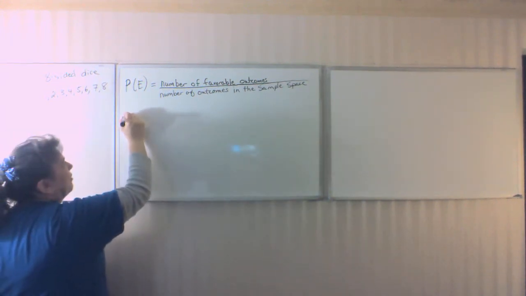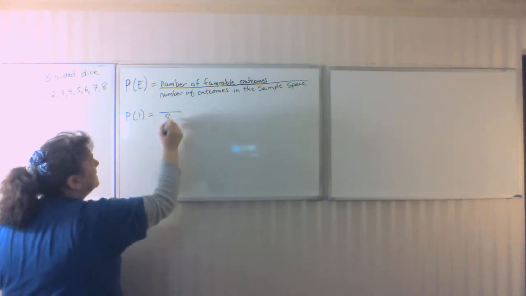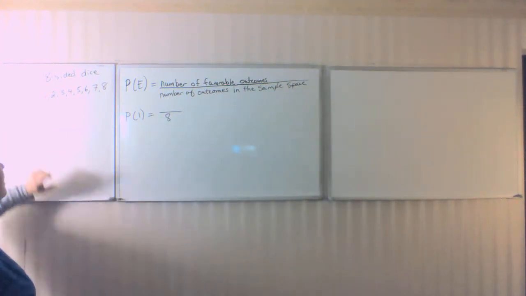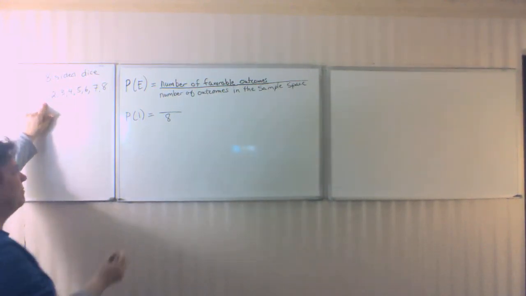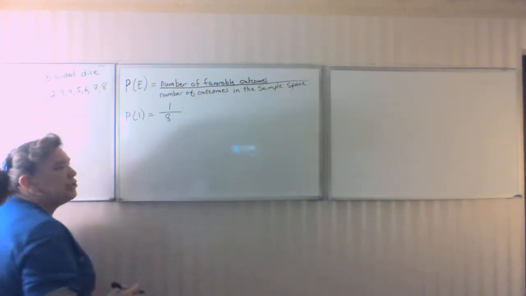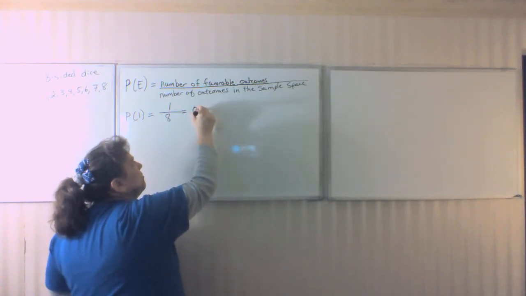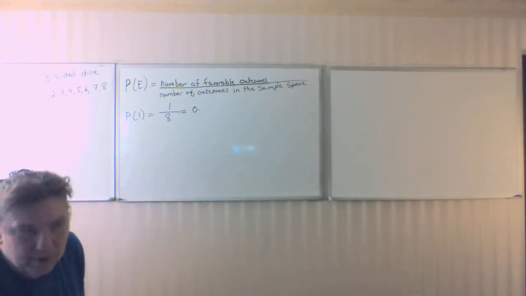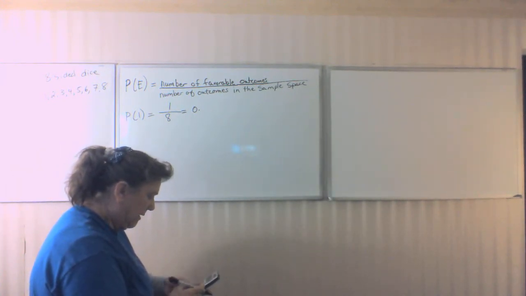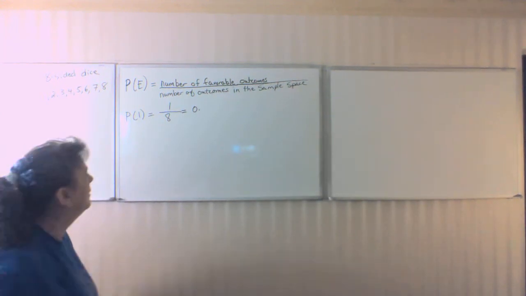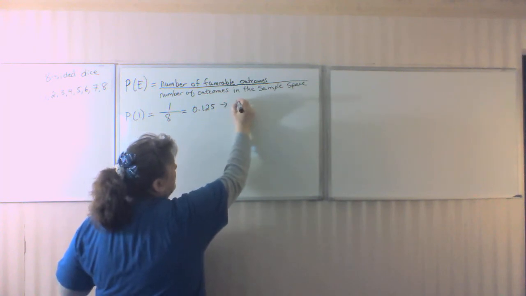So that means the probability of rolling a 1 is equal to, I have 8 in my sample space. How many of those outcomes in the sample space are a 1? Just one of them. So I have 1 out of 8 chance of rolling a 1, which is going to be equal to 0.125, or if they ask for percent, it would be a